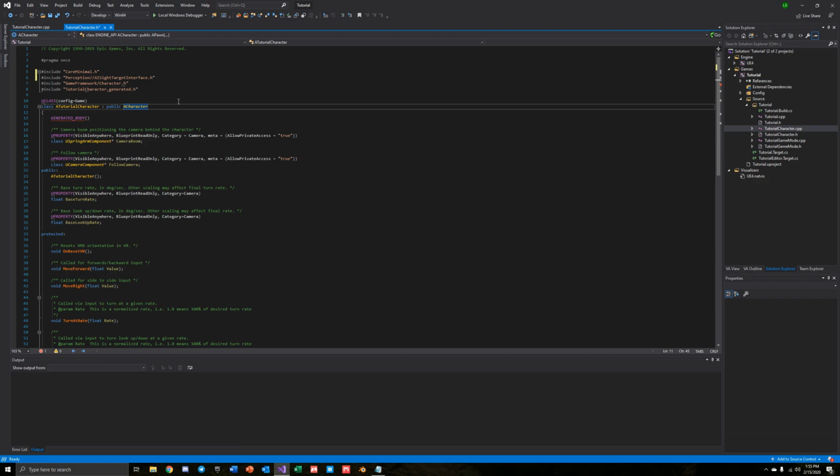We're going to append after public A character, we're just going to put a comma, and we're going to go public IAI site target interface. If it doesn't autofill, well, I have Visual Assist, so it autofills for me. If not, you can just type it out. Now that you've appended public IAI site target interface,